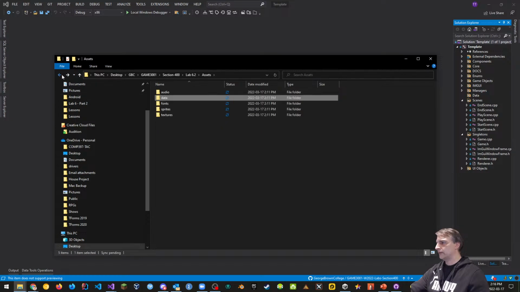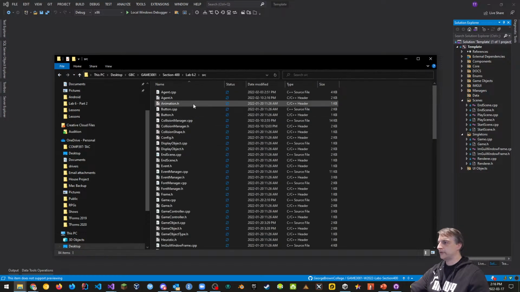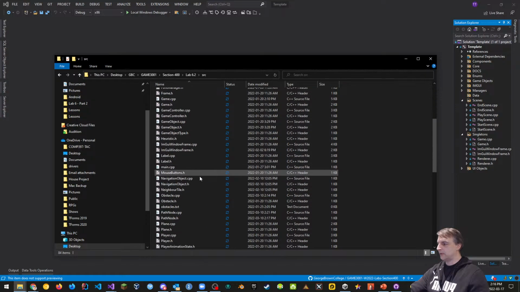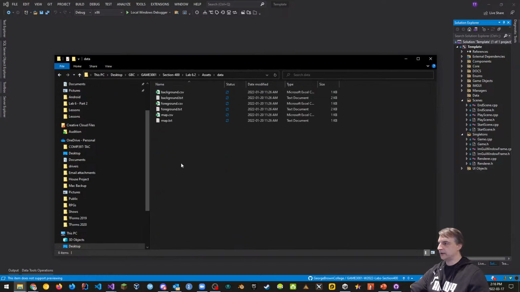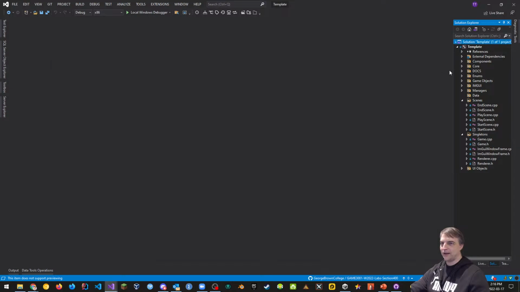And what we're going to do here is go into our source folder and grab our obstacles that we just made, if you made it with me, and just cut it out. This is in the operating system. I'm just going to dump it inside of our assets data folder like he said we should do. It's okay. Tom will eventually listen to what's supposed to be done. All right, there we go. So that's where that is.